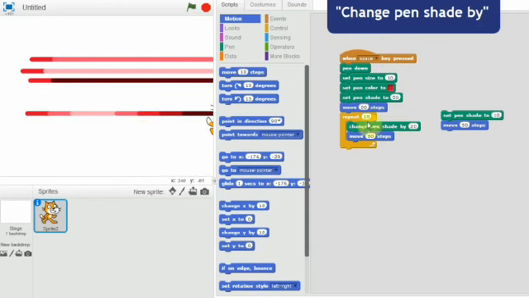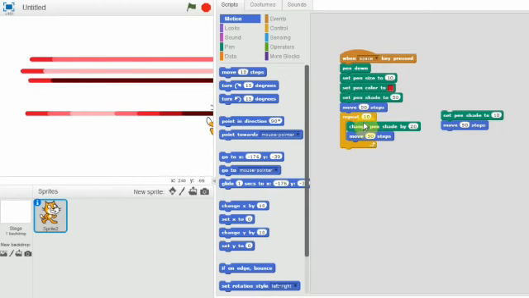Change pen shade is used to increase the shade value by 10 again and again, for 10 times, because we used this repeat block with value 10. It runs the script 10 times repeatedly. See that arrow mark, it runs the script repeatedly 10 times.